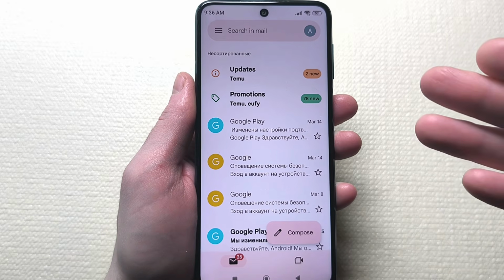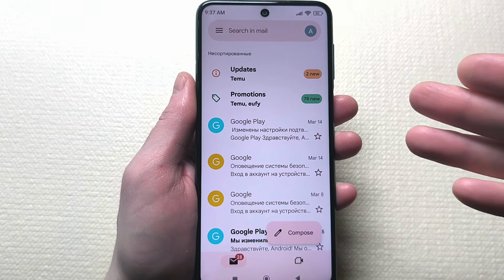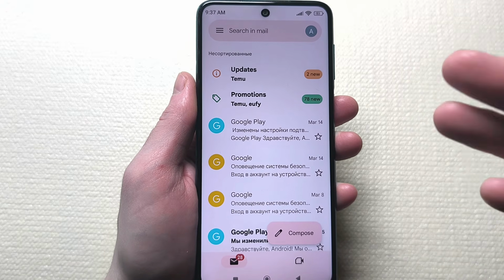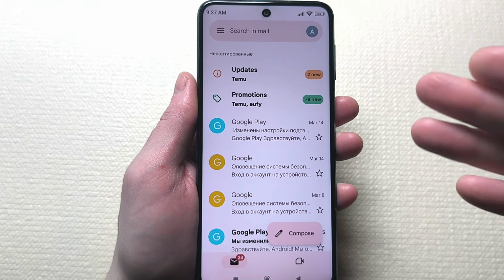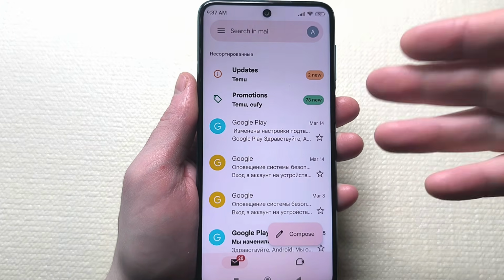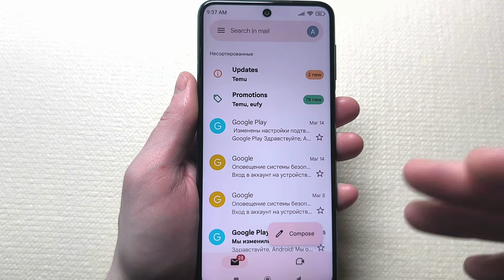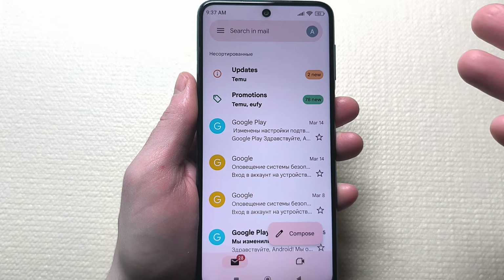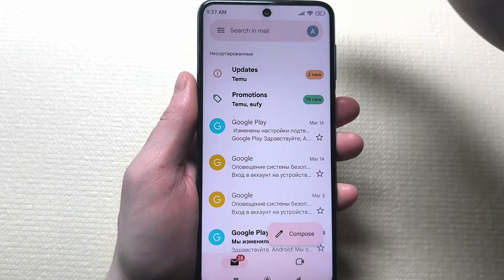So, in other words, you need to decide whether to use all the features I mentioned earlier, or simply enhance your privacy so that artificial intelligence can't analyze all these emails and make decisions for you. If you're happy with everything, you can basically leave it as is. If you're not, you can click on the three bars in the